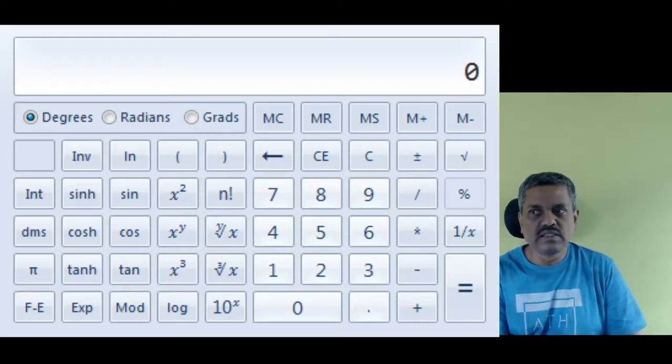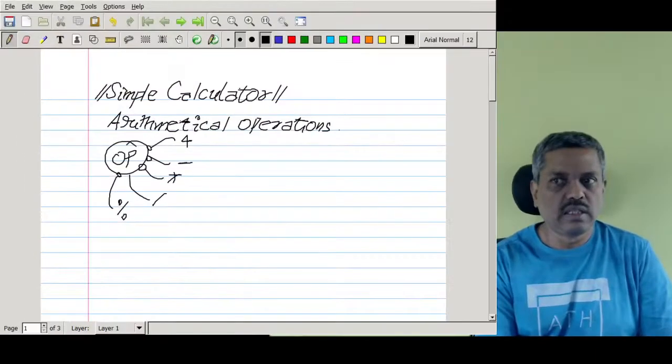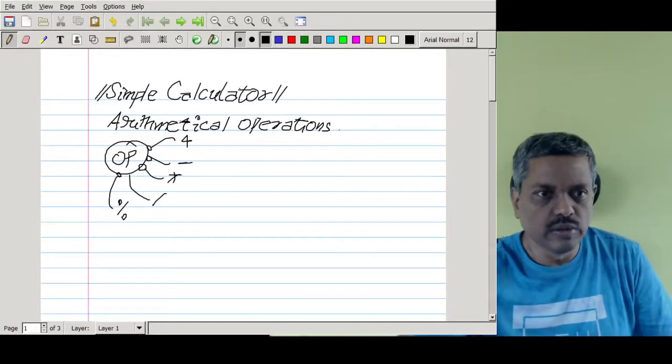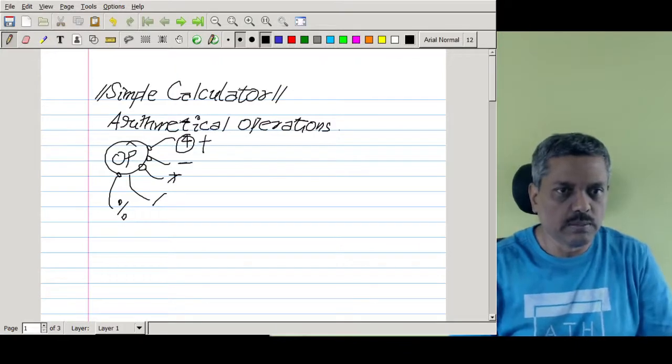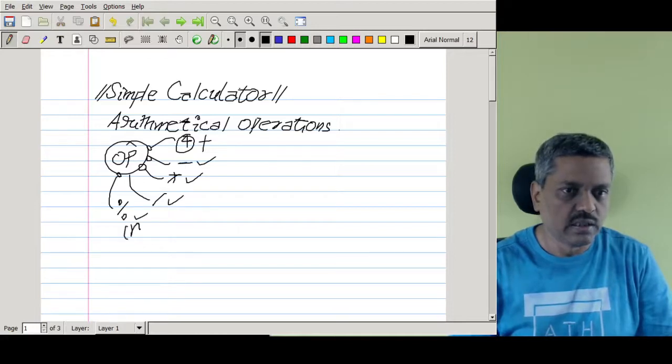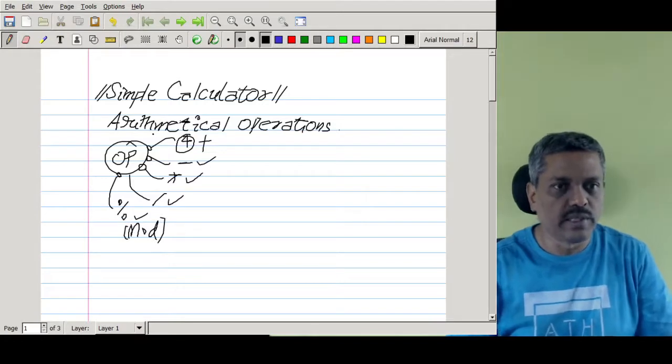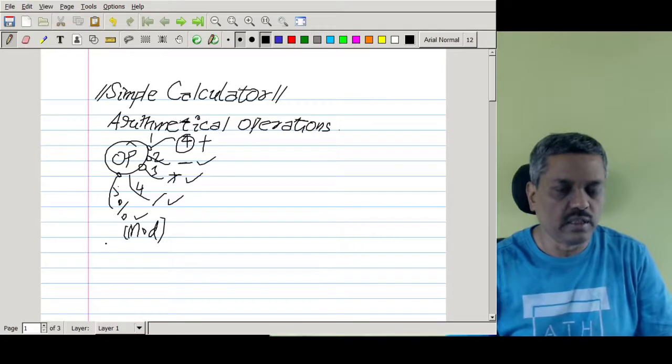So these are the things we can use, the same thing I have shown here: plus symbol, minus symbol, multiplication symbol, forward slash, and the modulus operator. So these are the five different operations.